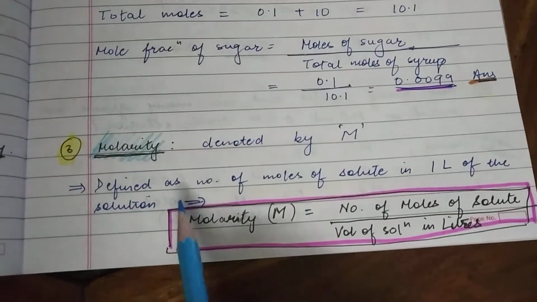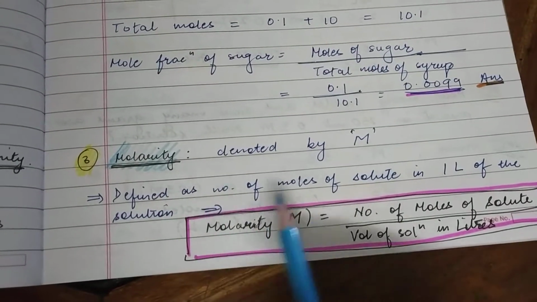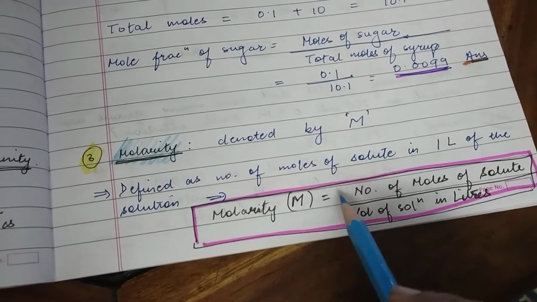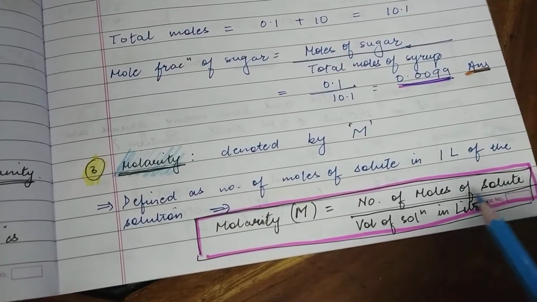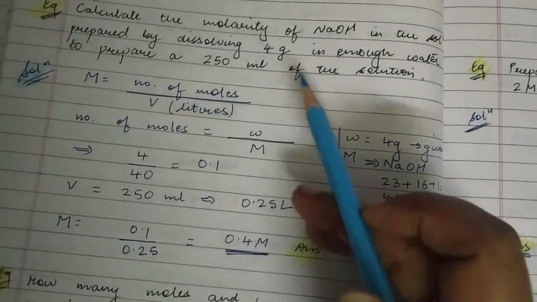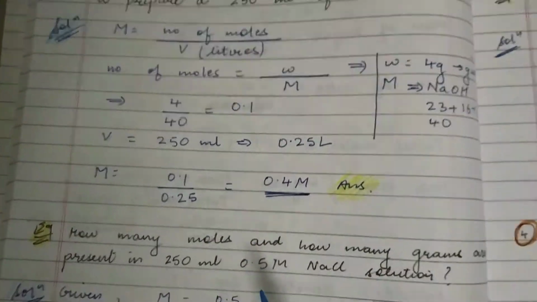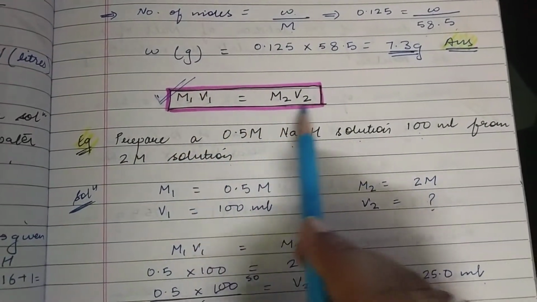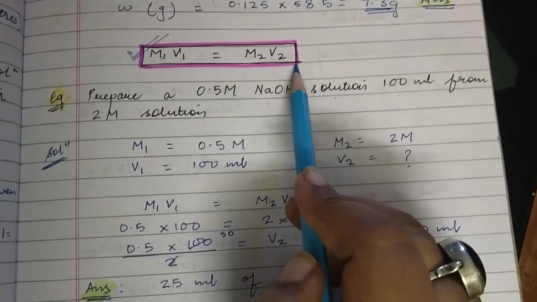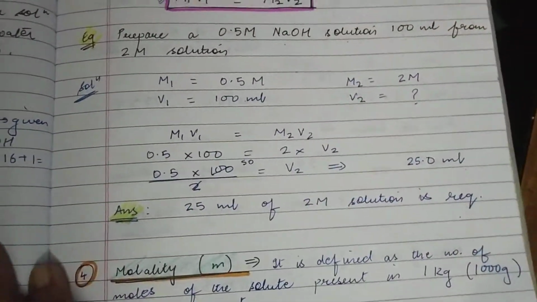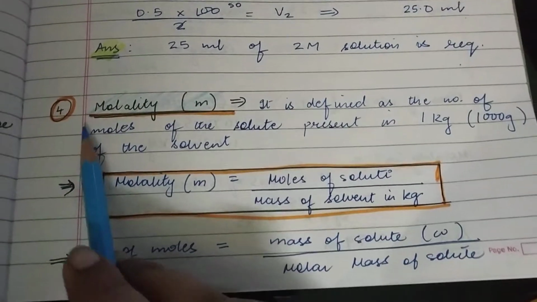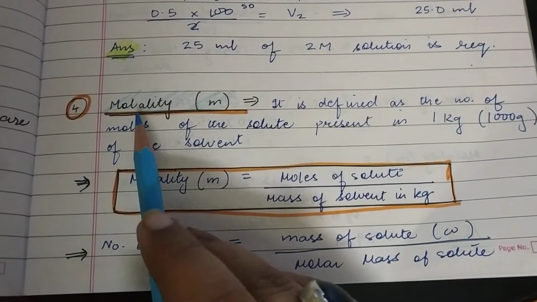Then yesterday's session, we were discussing the molarity. I had explained the concept that molarity, denoted by capital M, is equal to number of moles of the solute upon volume of the solution in liters. Also, we had taken up the numerical examples for the same, and then this very handy formula M1 V1 equals M2 V2, and its application was the last thing that I discussed yesterday. So coming to the fourth and the final concept of the chapter, that is molality.